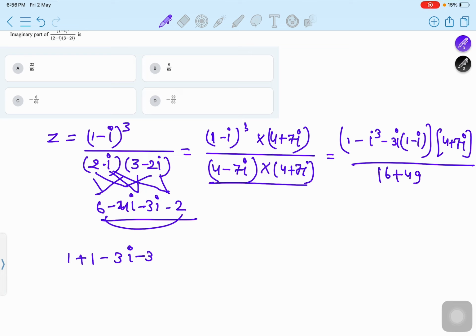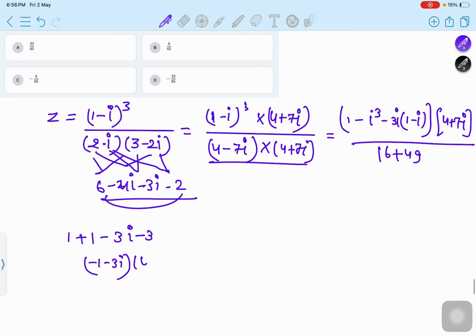Okay, and multiply, so that's why it converts to minus 1 minus 3 iota and 4 plus 7 iota, multiply that, and it is 65, so the multiplication is minus 4, minus minus plus plus 3 iota is the minus 1, and minus minus plus, correct that condition. So this one is 7 times 3 is 21, 22, we can multiply that, so minus 4 minus 7 iota minus 12 iota,